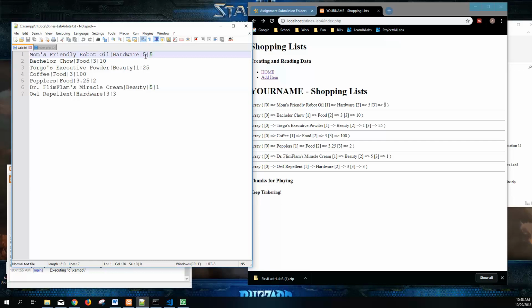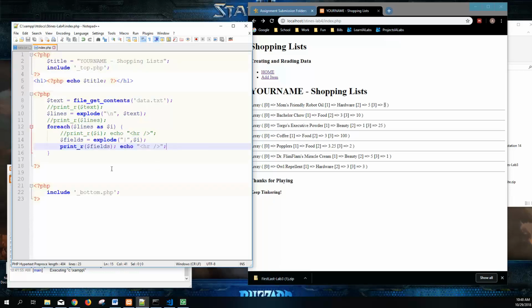So Mom's Friendly Robot Oil is going to be in the hardware section. We're going to pay $5 for it, and we need 5 of them because they're $5 each. And we'll do a little bit of math here to help print that out. Let's start though by going back to actually printing it out so that we can see